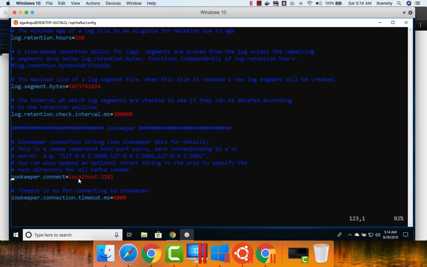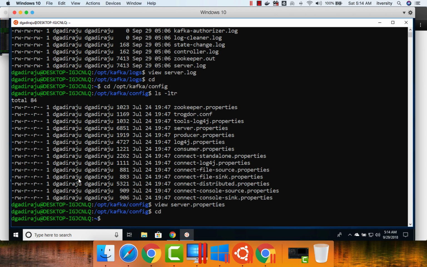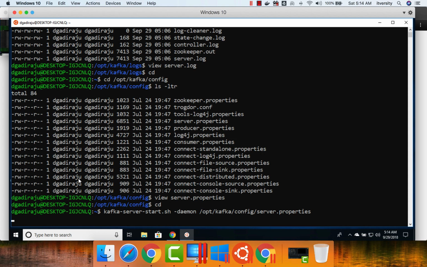That being said, we understood where the properties files are, and we have reviewed some of the important properties. Now it is time to come out of this, go to home directory, and use kafka-server-start.sh -daemon, and then specify the configuration file, which is nothing but opt kafka config server.properties, and hit enter. If you go back to the server.properties file,